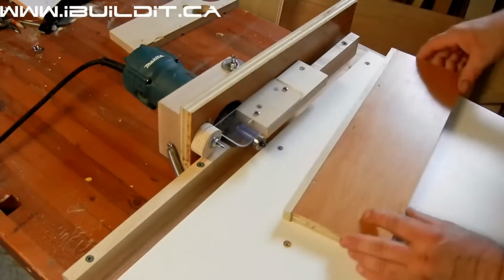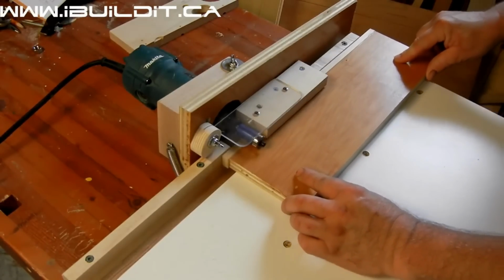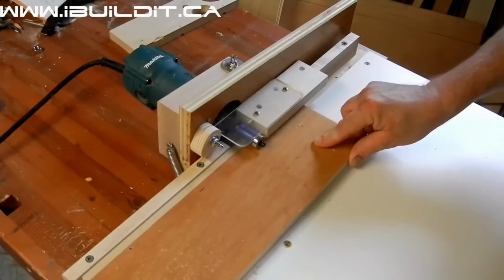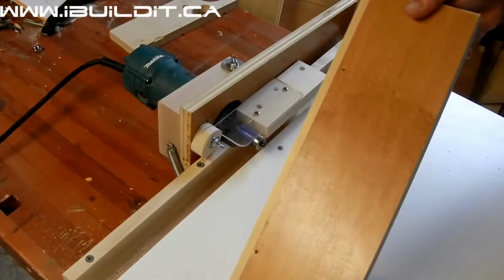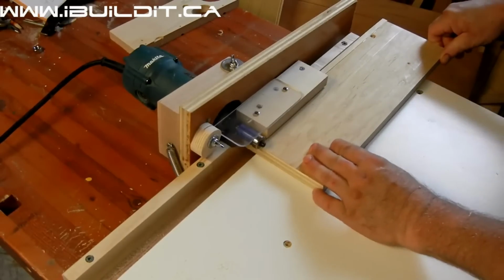It was around 5 years ago that I built a rather complex system for trimming the edge banding that I would put on a panel. And at the time I had a lot of smaller panels that I needed to do. They were actually shelves for my kitchen. And it kind of made sense to have something stationary and on the workbench like that, rather than to try